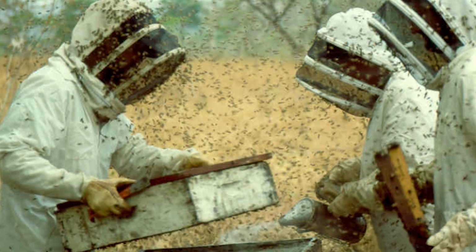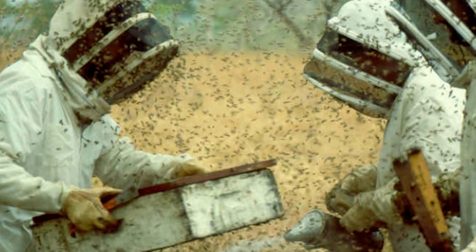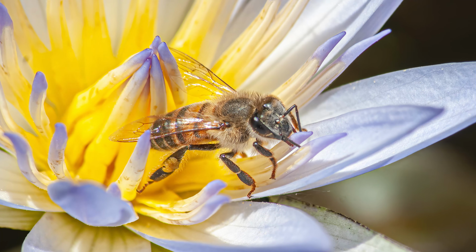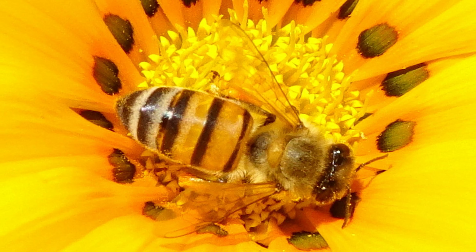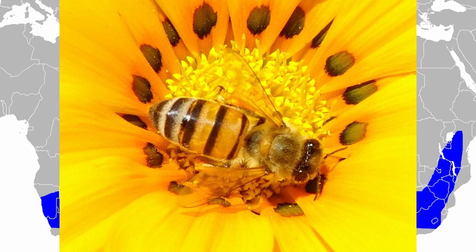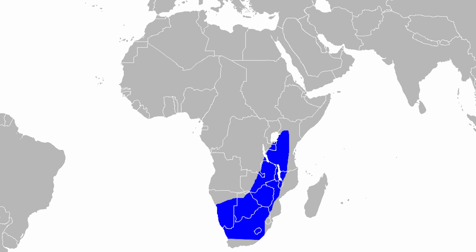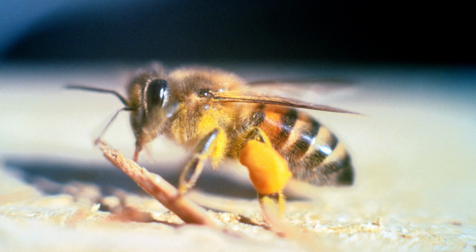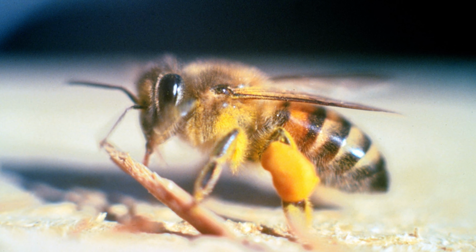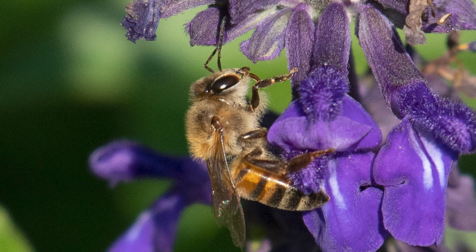So I really want to help you think about this contextually when I think about the name of this bee. The bee that was imported into Brazil actually was a western honeybee subspecies, Apis mellifera scutellata. This particular subspecies occurs in much of sub-Saharan Africa, from Central Africa all the way down to southern parts of Africa. In Africa, they often refer to it as scutellata. It's the type of honeybee they have over a wide part of Africa. Many beekeepers use this bee preferentially because it's the subspecies they have.